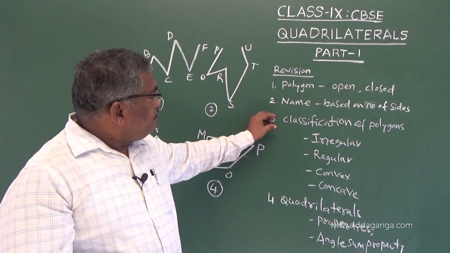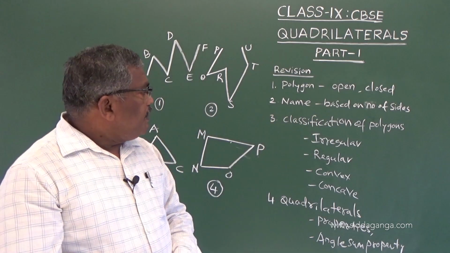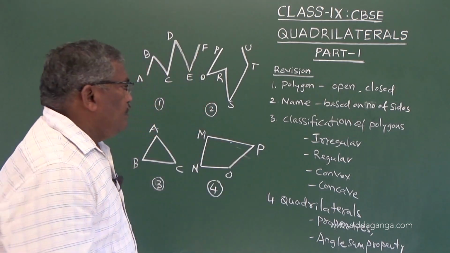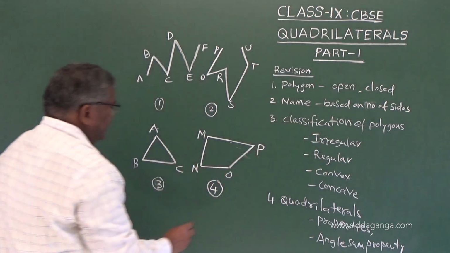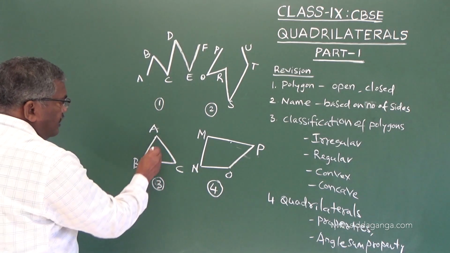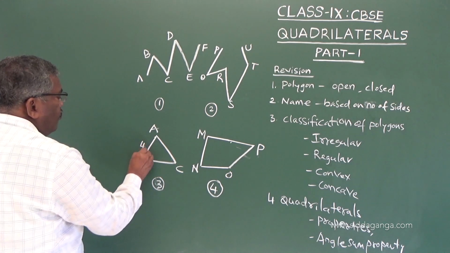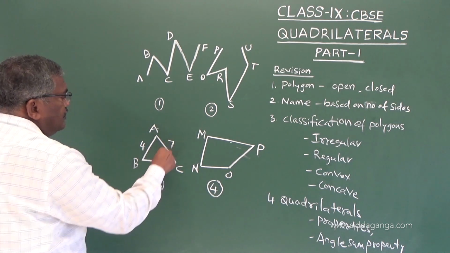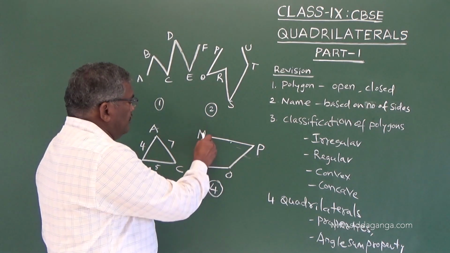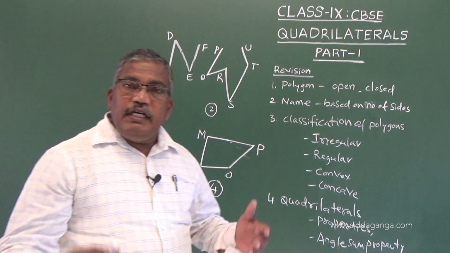So the polygons can be classified as regular or irregular. So regarding this, I will give you an idea. Suppose you can see here, this is a triangle. We don't know the length. See here, the length may be say 4, this is 5 and this is 7. As you can observe here, the MN, NO, OP and TN are having different lengths.